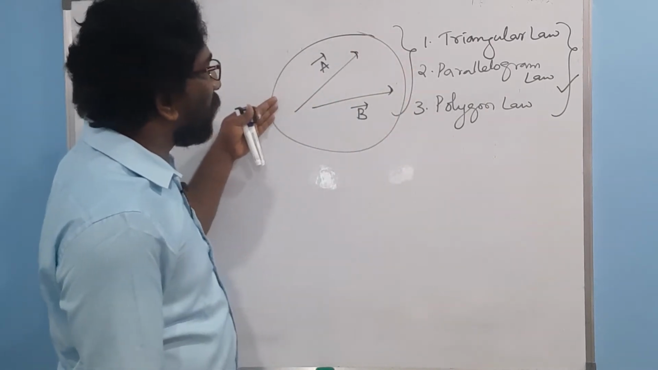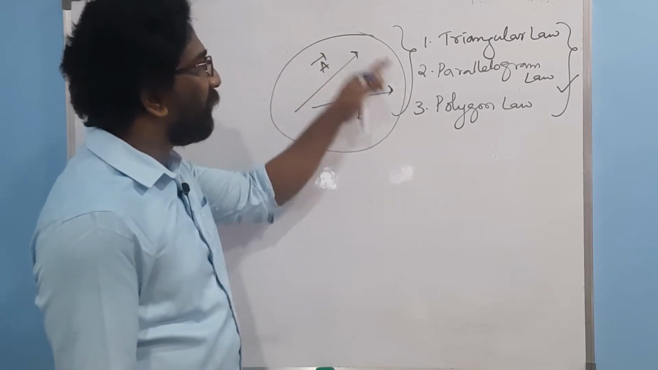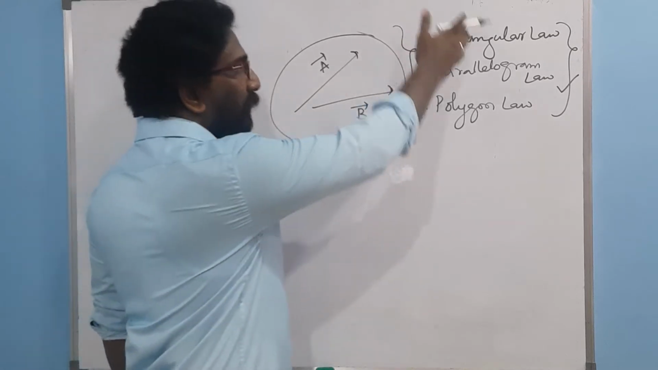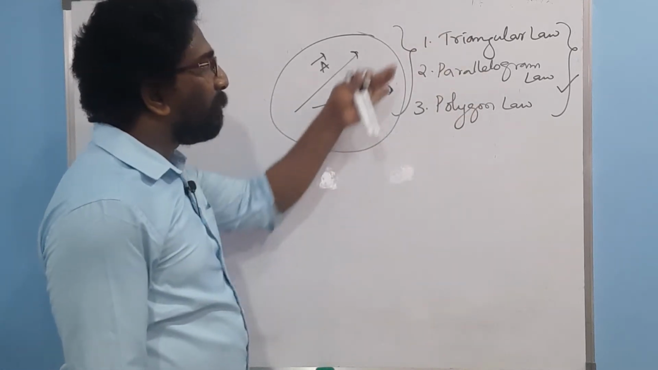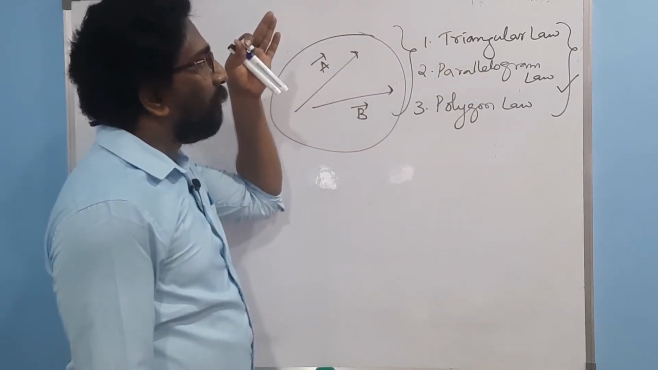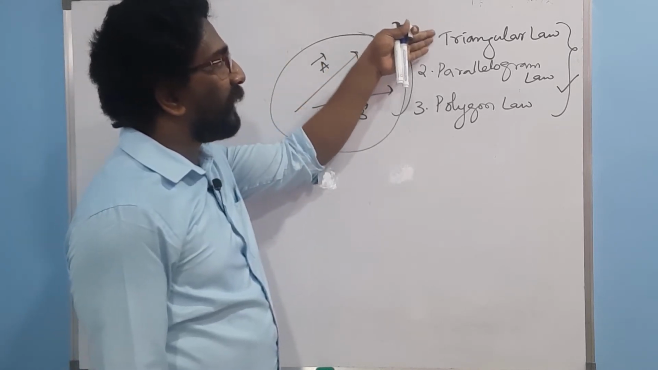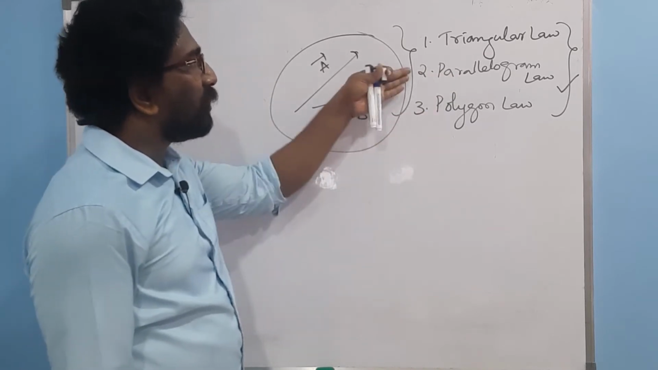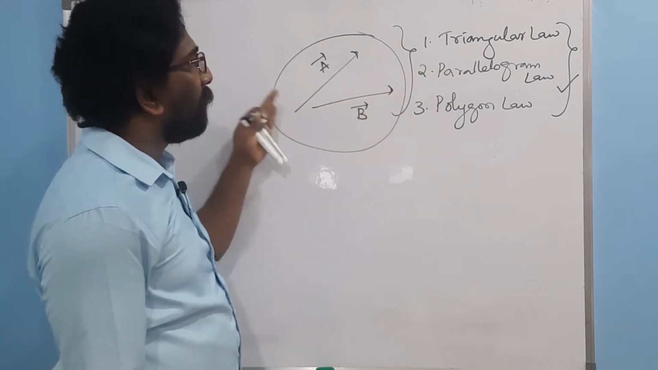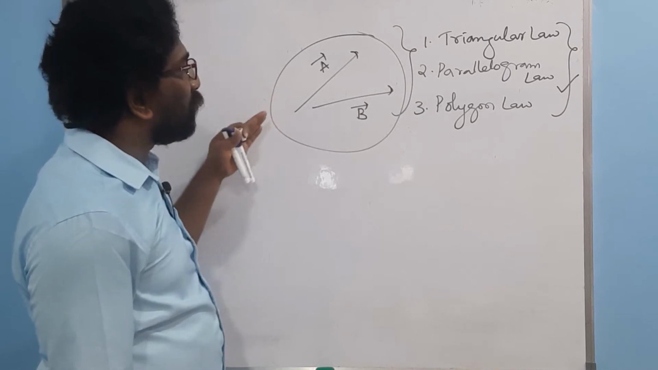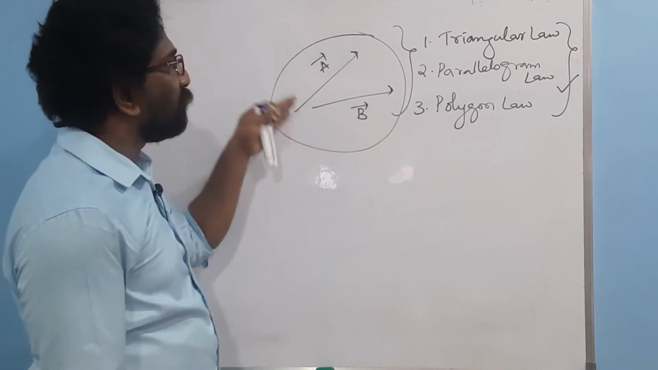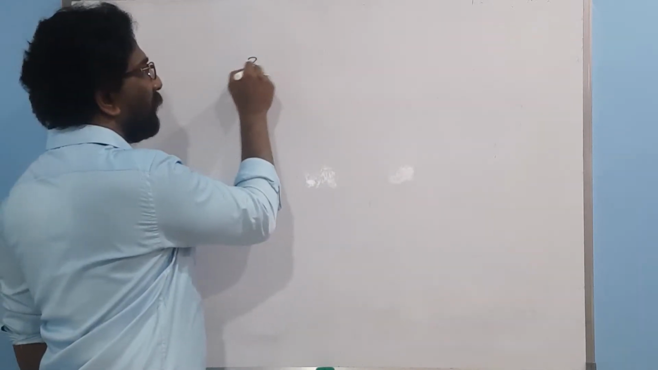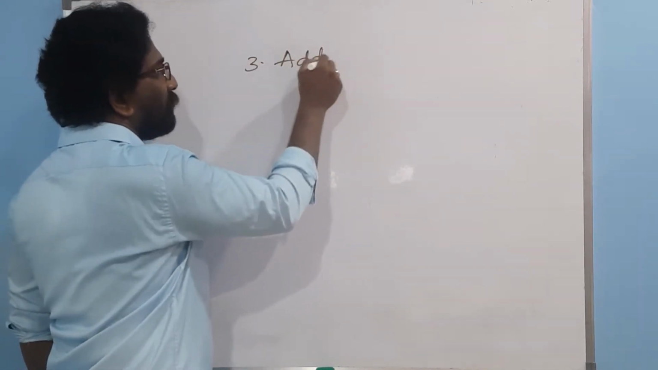Whenever two vectors are given to you, if they are projected in different directions, then the addition of these two vectors is possible by using these three different laws. That is the main reason why we are going to study these three laws: triangular law, parallelogram law and polygon law. These laws are mainly used to overcome the problem faced in adding two vectors which are projected in two different directions. This kind of addition is addition of vectors